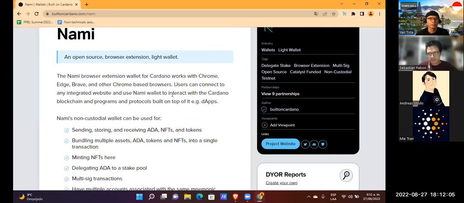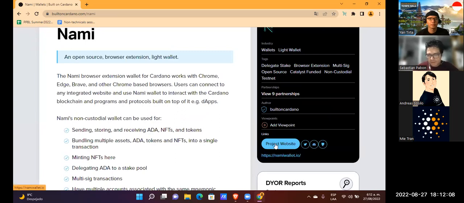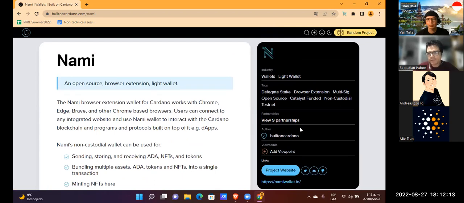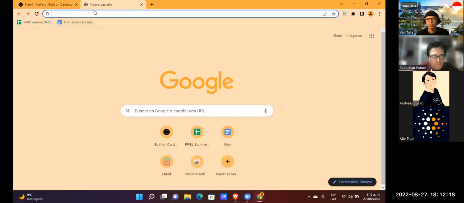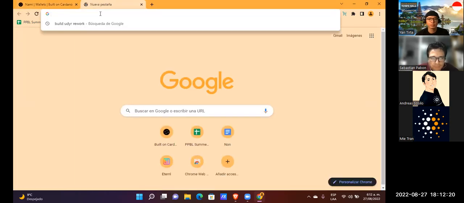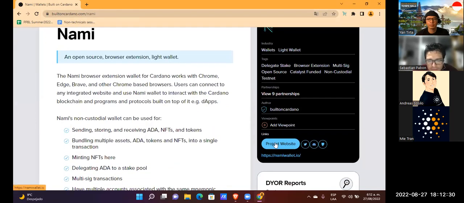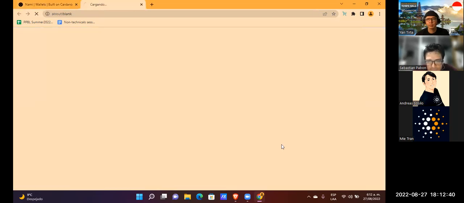We could download this wallet directly from the page, but for more security, we prefer to find the page directly from this website.